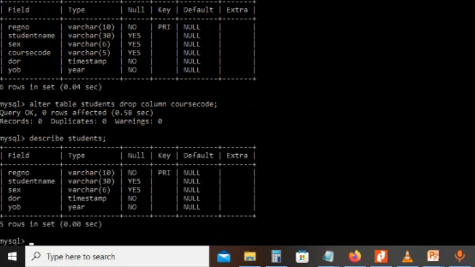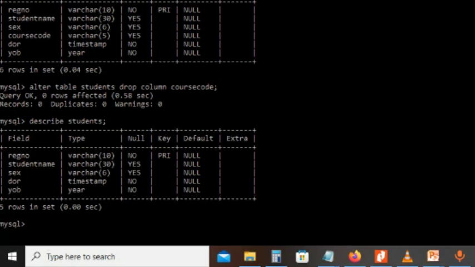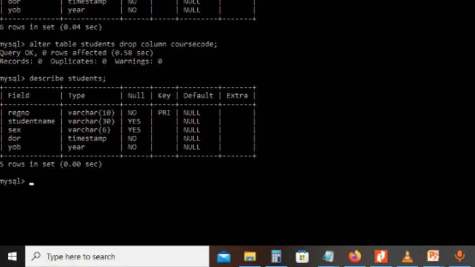There it is. Now, as you can see, we have an updated student table, but this student table is lacking course code. Now remember, we said that if we want to add course code to our table, we can test that command, alter table students, and then add course code. Let's test it and see if it's going to add our column. So we have alter table students,